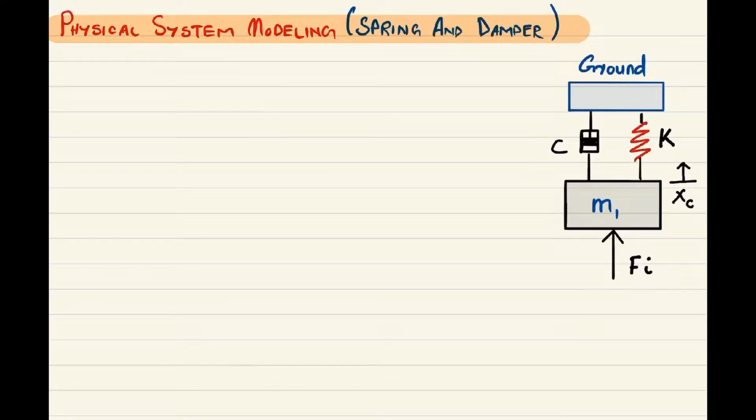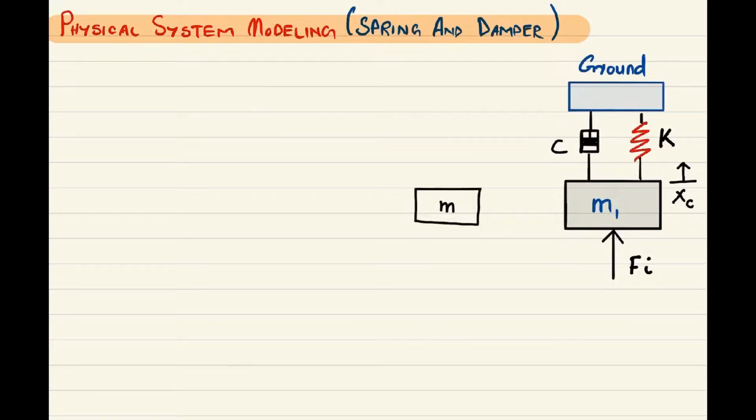the same steps that we followed in the last video, which were drawing a free body diagram, then deriving the equations, and then drawing a block diagram according to the equations. So, the first step to draw a block diagram is